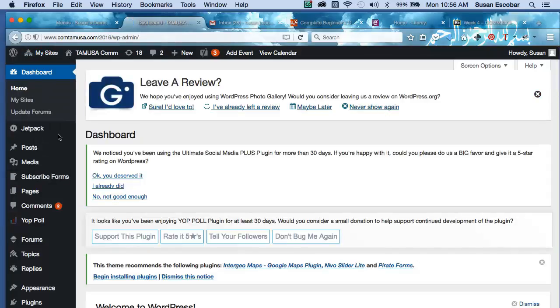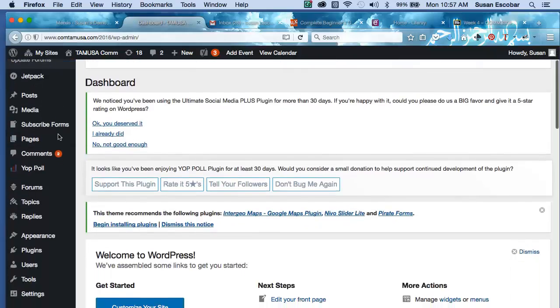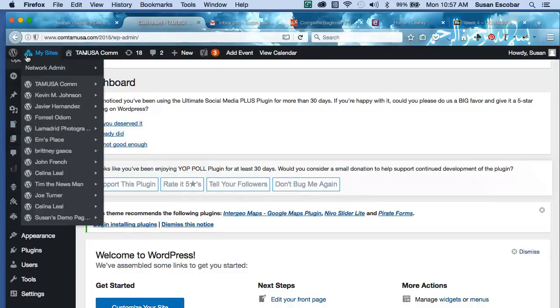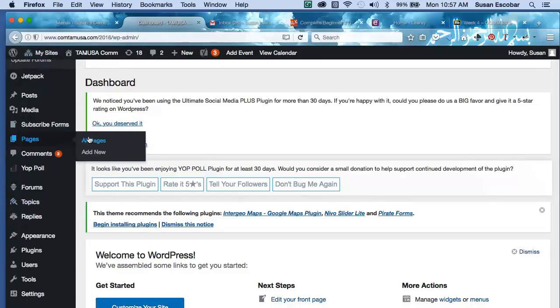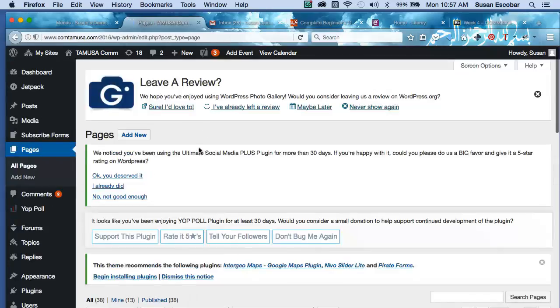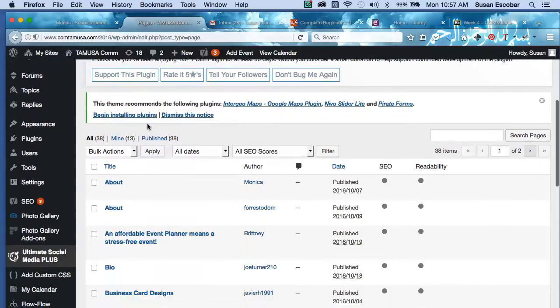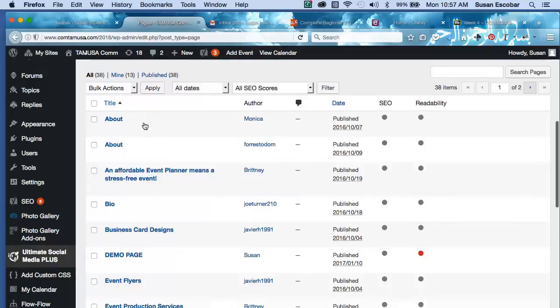The way you add and edit pages, we talked about this a little bit earlier when we were talking about creating static versus blogging pages. But here in your dashboard, you have pages, and you can see all your pages. You can also see that you can add new pages. So that's one way you can add new pages. The other is by clicking this and adding new pages. And I went ahead and created,